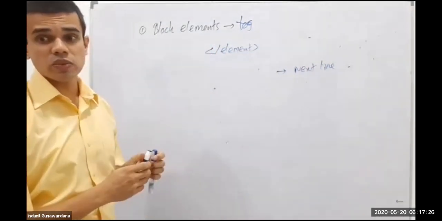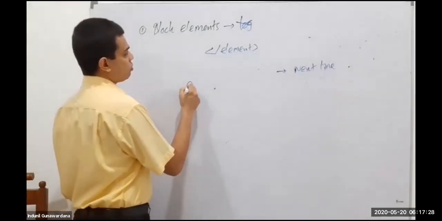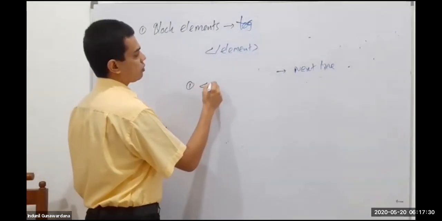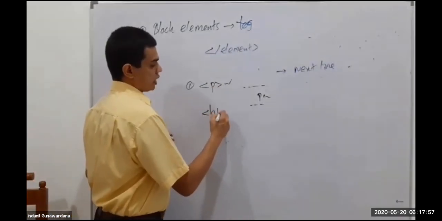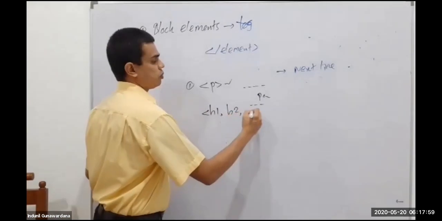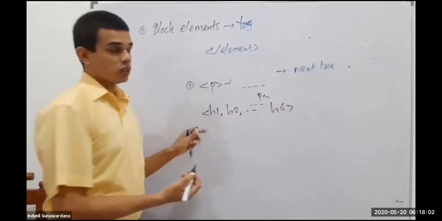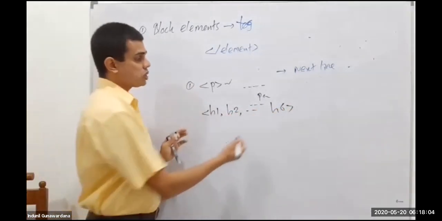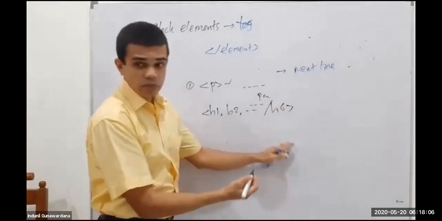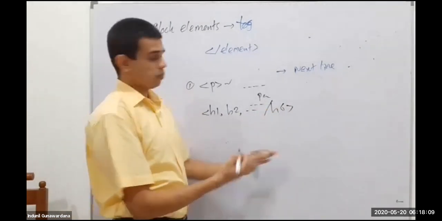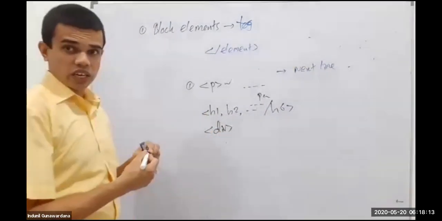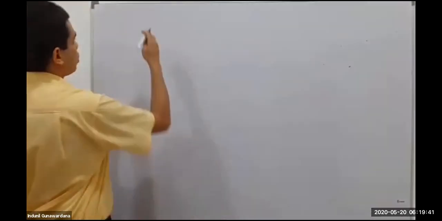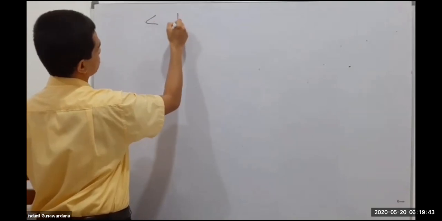So what are such block elements we covered? One such block element is the paragraph tag. That is to define a paragraph. Then we have the H tags, heading H1, H2, and goes up to H6. So they are still block elements. Once you close the relevant tag, the rest will be continuing from the next line. And then the div tag, that is to define a certain section in a document.